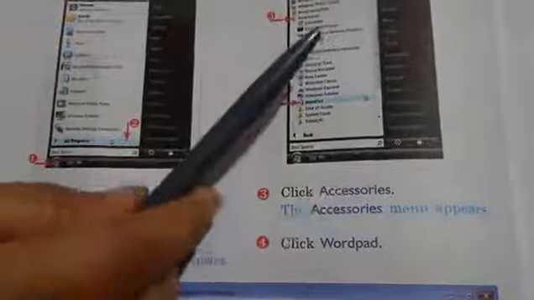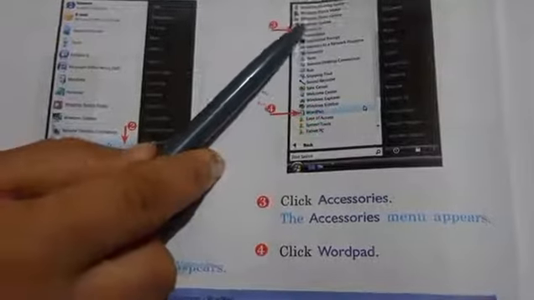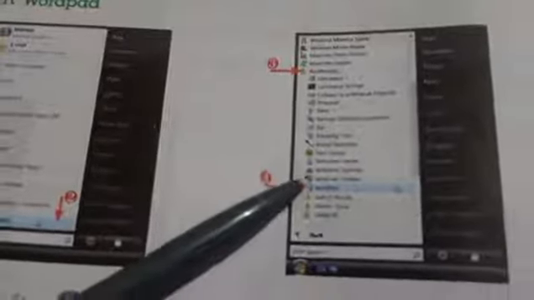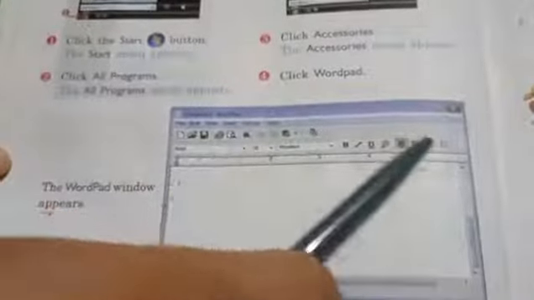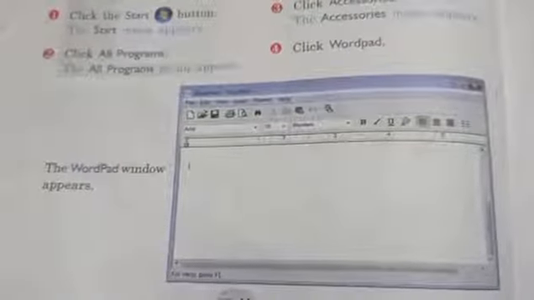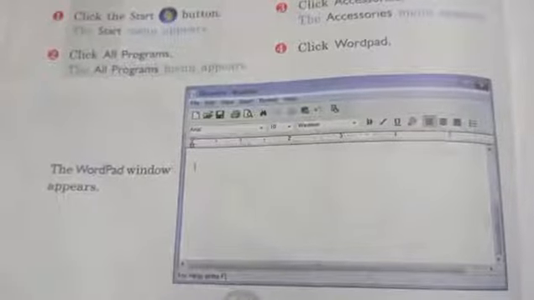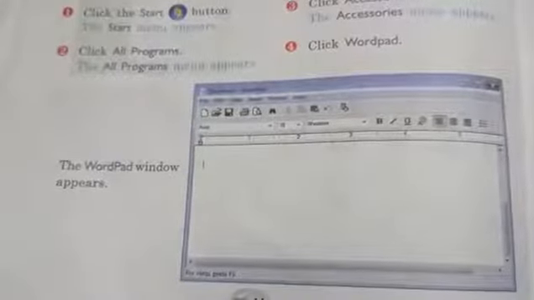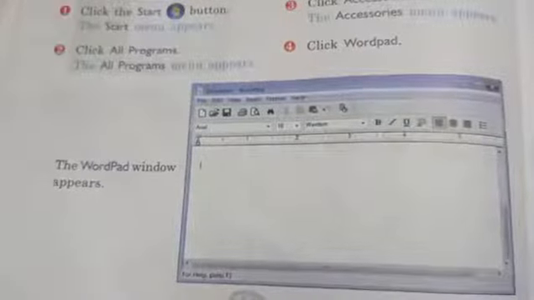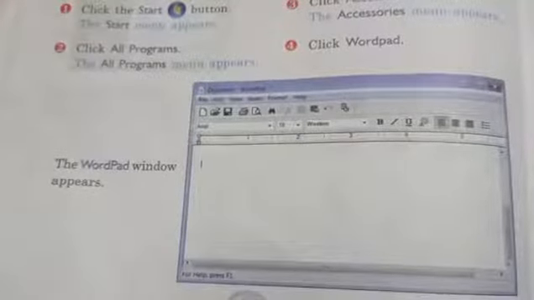Now the accessories menu appears. At that time, click on WordPad. Then you can see the WordPad window. In this WordPad window, you can type anything. It is used to type, edit, view, and take a printout of your text.